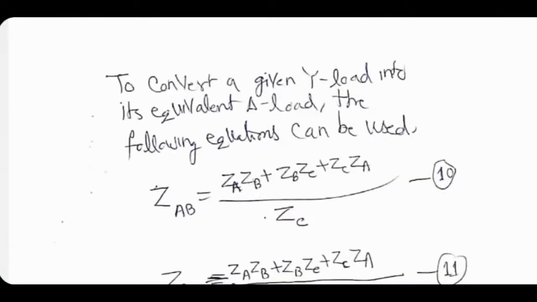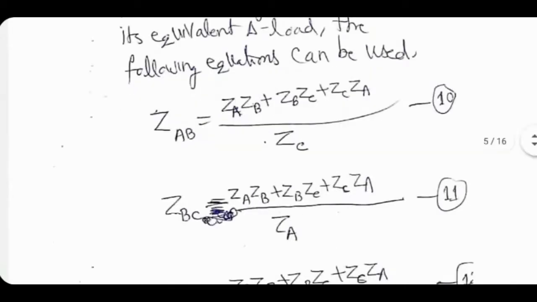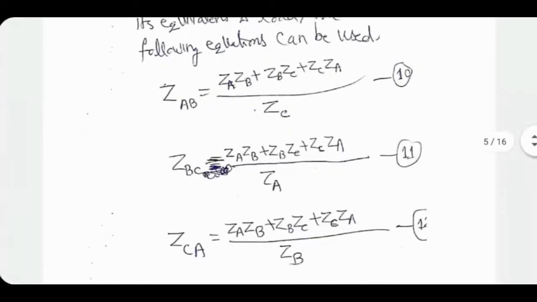Now, other way around, I have not done the derivations, but the formulas have been derived by people. If you were given ZA, ZB, ZC, then how to figure out ZAB, ZBC, ZCA? I'm giving you the formulas without derivation. It is possible to prove them. Here, the numerator is identical in the three cases, but denominator is different. If you want to calculate ZAB, the denominator is ZC. If you want to calculate the value of ZBC, the denominator is ZA. There is a bit of symmetry here also. And if you want to calculate ZCA, then the denominator is ZB.